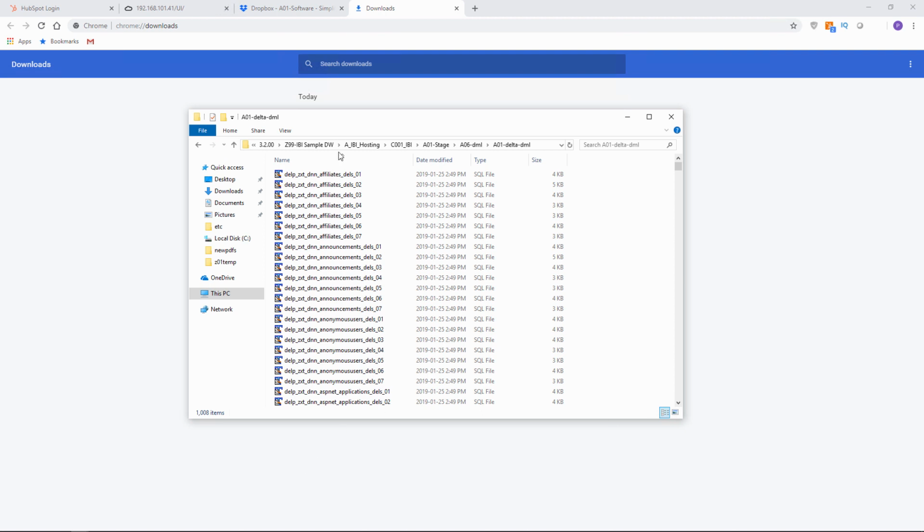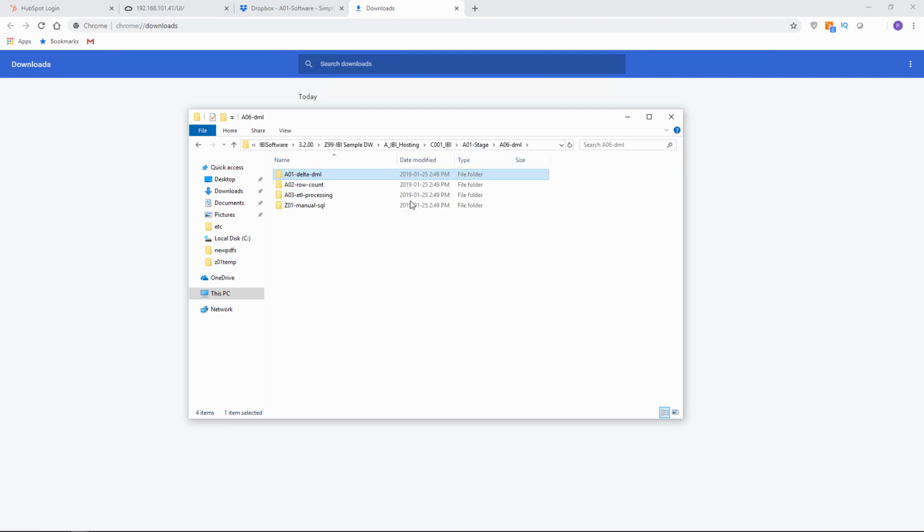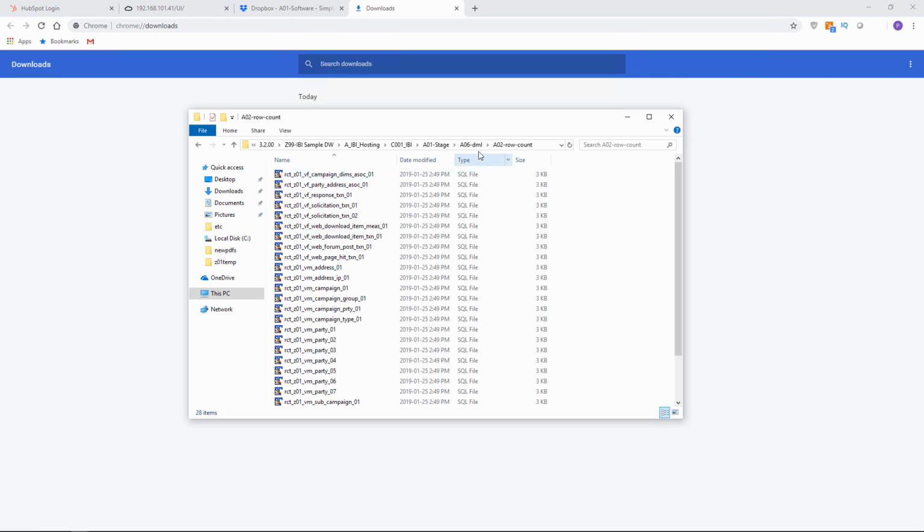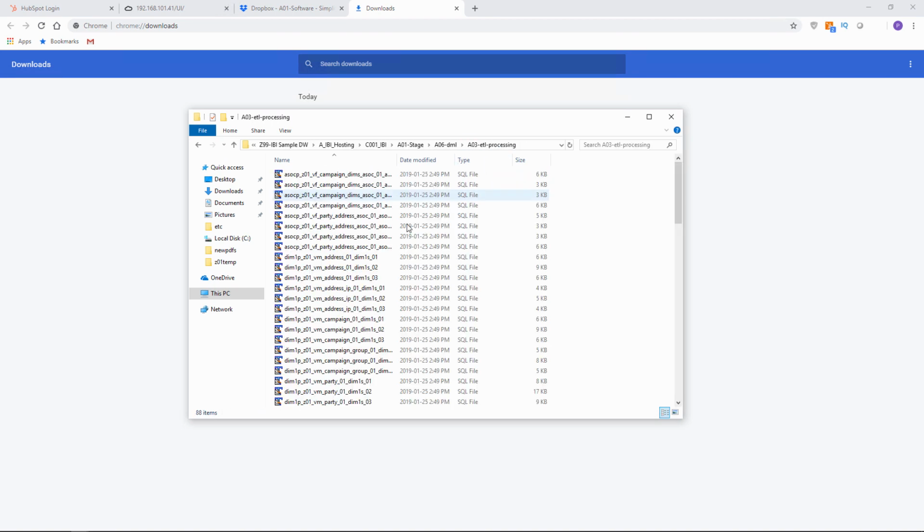Now with 7 files for each table, you can see it soon adds up the number of items. So to do a large ERP where you might have 2,000 tables, it's 2,000 by 7. Okay, you're going to have 14,000 pieces of SQL generated that then need to be run, put into the scheduler and run daily. So that's the Delta DML. We have row count that you can go and look at. And we have the ETL processing